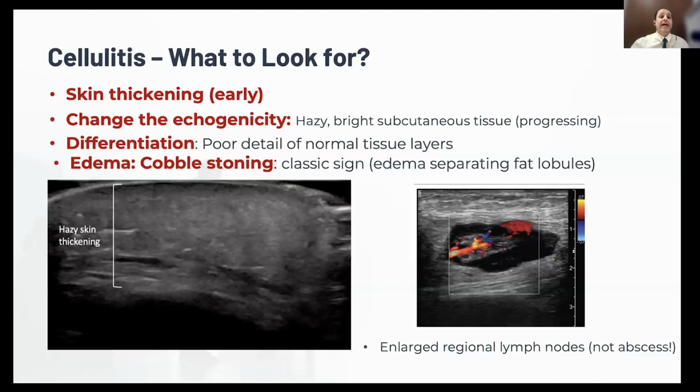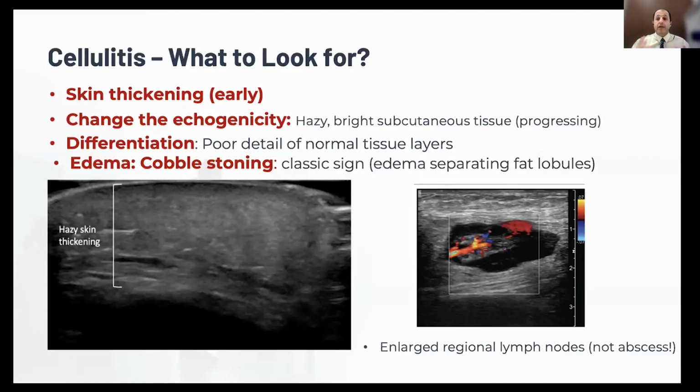And then we have differentiation, poor details of normal tissue layer. That's why we discussed the normal layer. But in case of cellulitis, we cannot differentiate different layers of the skin. And finally, in advanced stage of cellulitis, we have cobblestoning, a classic sign of cellulitis because of the edema